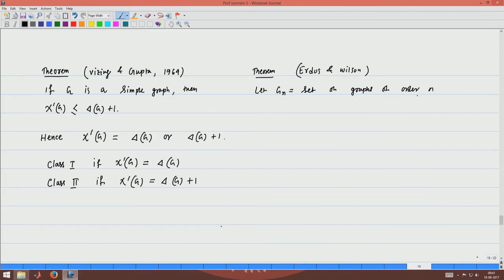Order n means the number of vertices is equal to n, and G n prime is the set of graphs of order n and of class 1.